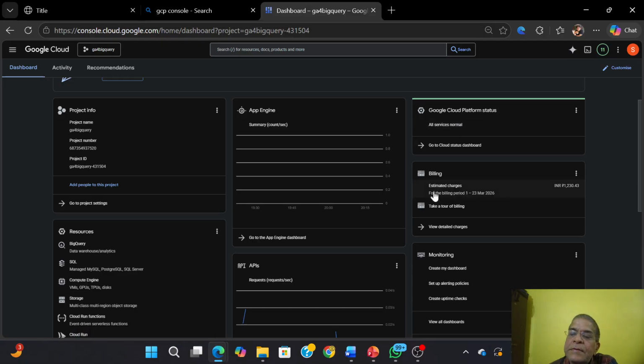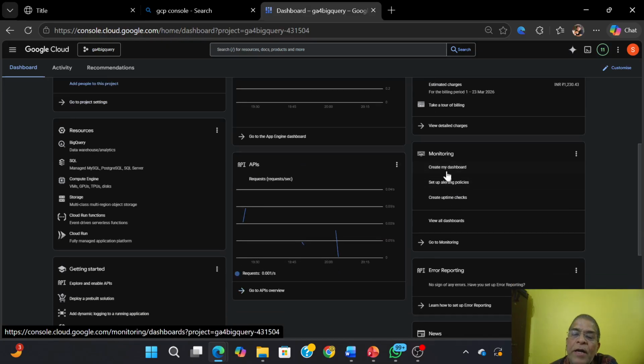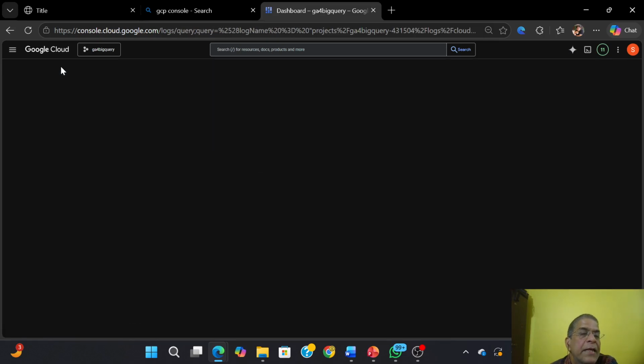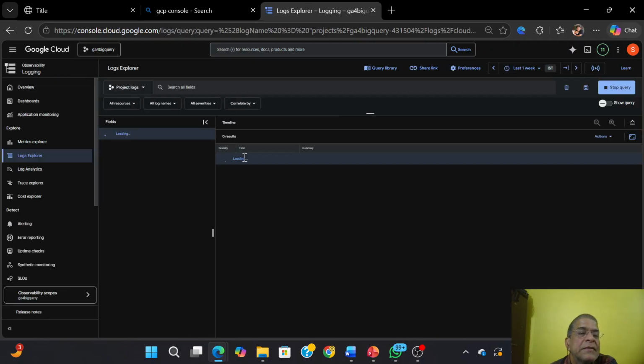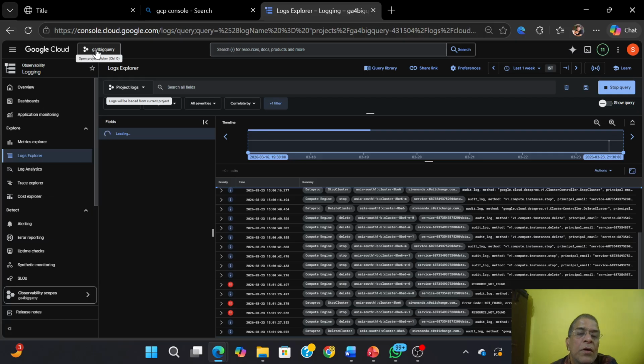Billing is estimated charges. This is what estimation it is giving for billing. View detailed charges, you can see, and the monitoring, create my dashboard. You have to see all about the GCP, and you have to read everything and click and see. This is the dashboard. Then you can get the activity if you have any activity. But this is possible only if you go to your